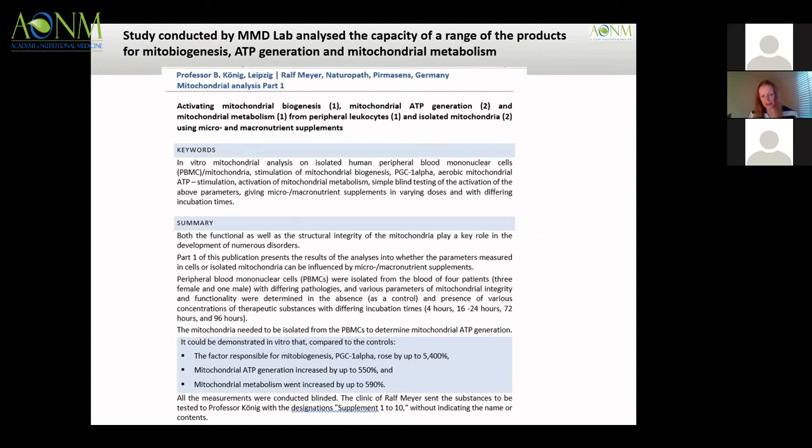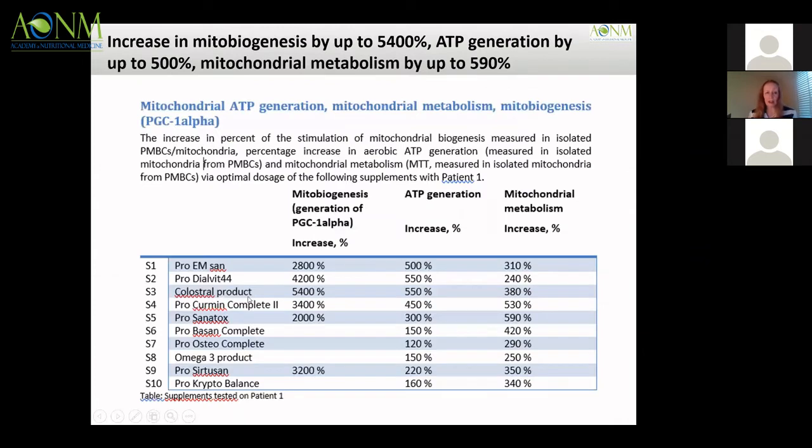Mitochondrial analysis, she found, or her laboratory found, that the factor responsible for mitobiogenesis rose by up to 5,400% with some of them, and this can be measured by PGC1 alpha, which is one of the supplementary tests she offers. So on the first patient, we can see here the PGC1 alpha went up with the ProDLV product. That's one that contains 44 nutrients. It's like a sort of multivit, multi-mineral for the mitochondria,